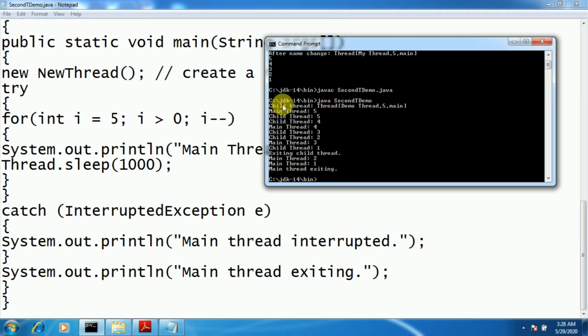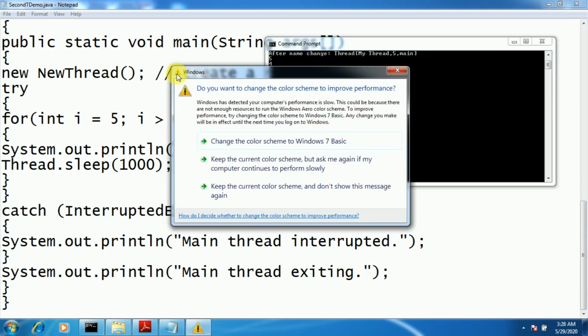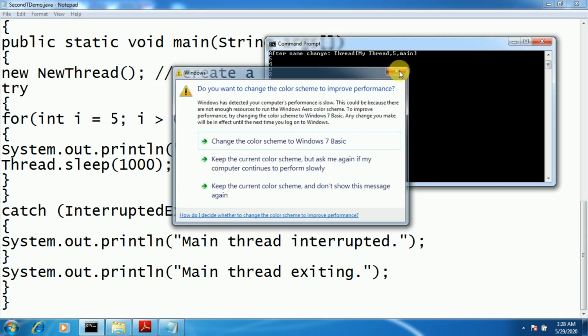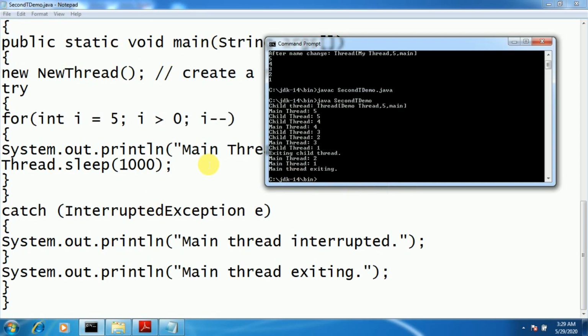So this is how you can go for creation of a new thread by implementing the Runnable interface. What you have to do here is, your class has to implement the Runnable interface, and it has to provide a body for the run method. The task which you want to assign to the newly created thread, you have to write in the run method. And main will always be executing. So one more task you can assign to the main thread. Like that, thread execution continues.